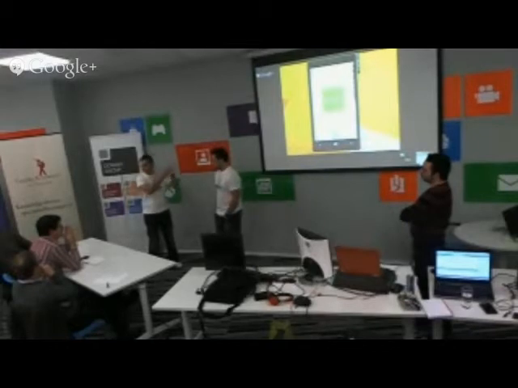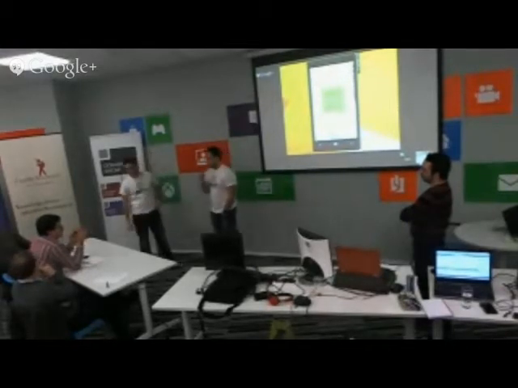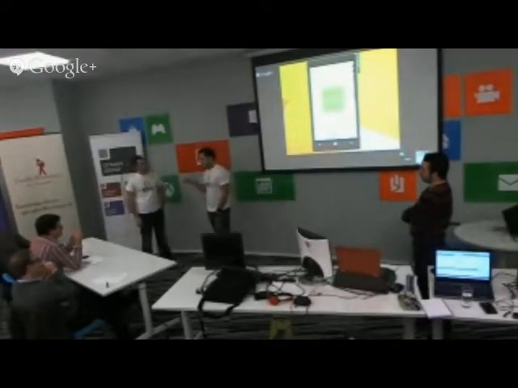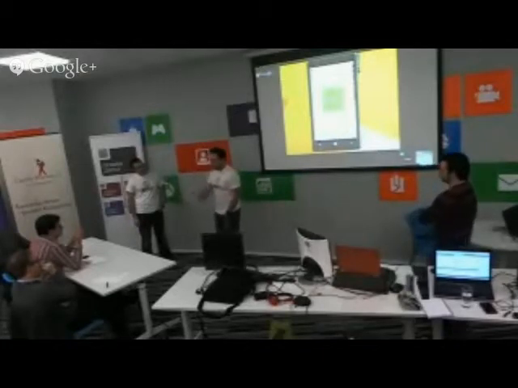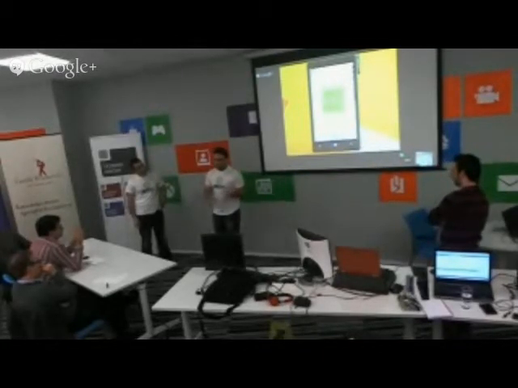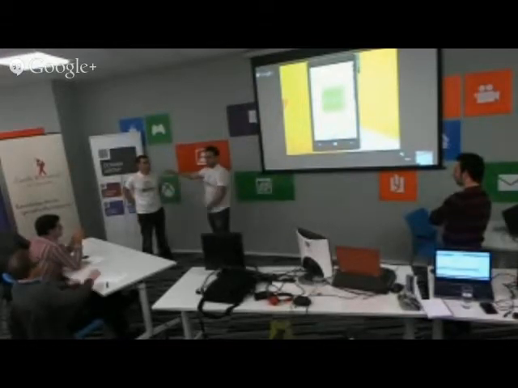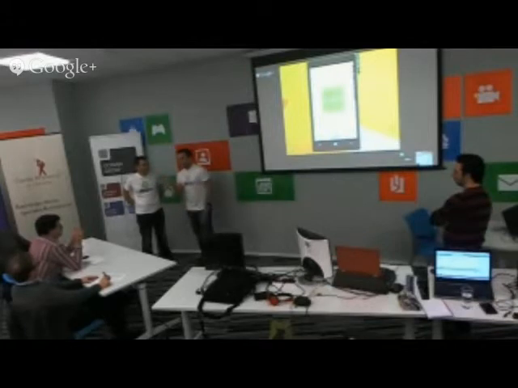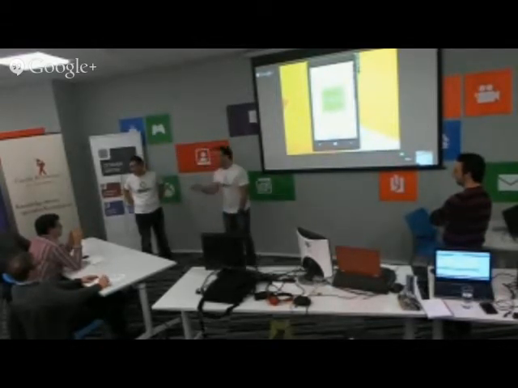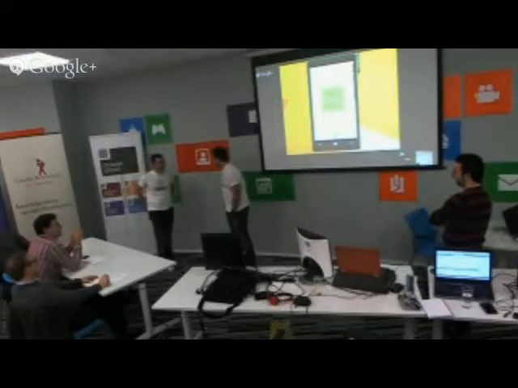But what we were thinking about as well, instead of using numbers, is to make, for example, pictures. For example, 4 pictures: car, street, for example. So it will be easier.